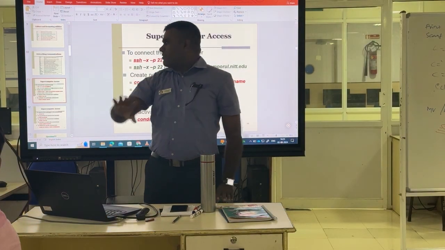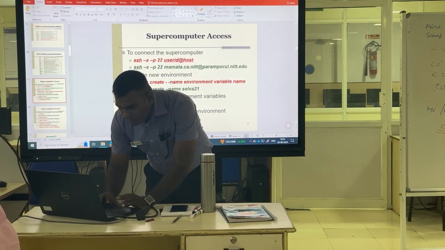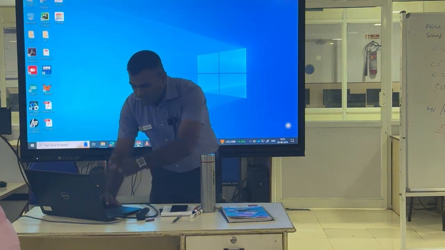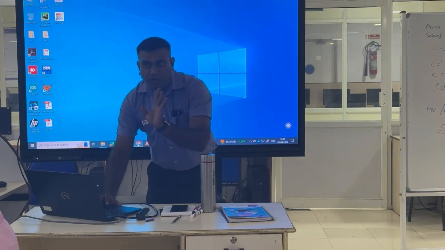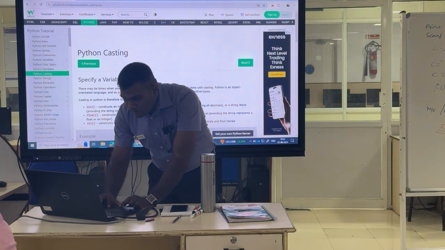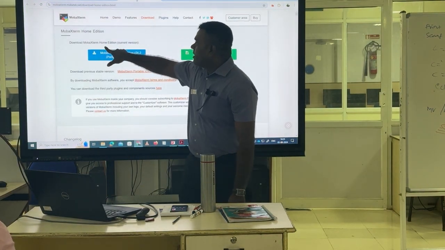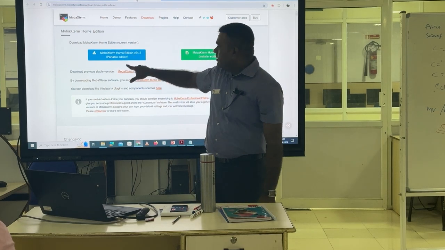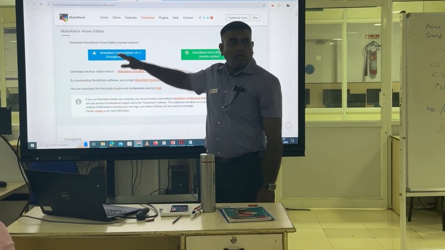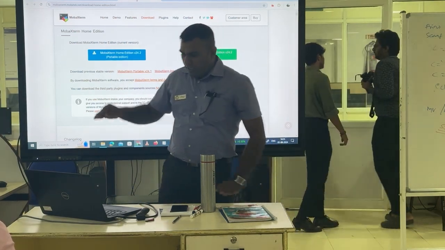It's a Linux environment, so straight away you can execute this. Suppose it's a Windows environment, suppose my computer is a Windows environment. Through this system, I want to access this supercomputer. I need this MobaXterm. You see this MobaXterm Home Edition. You have to download this and install it on your Windows machine, and then you have to go to